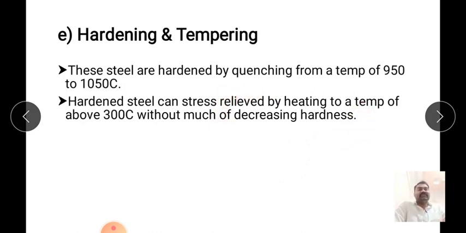Okay, so this is nothing but the stainless steel, types of stainless steel, their compositions, properties and uses, and whatever heat treatment is performed on stainless steel, that we have studied today. The next type, high carbon high chromium steel and manganese steel, we will study in the next lecture. Thank you.